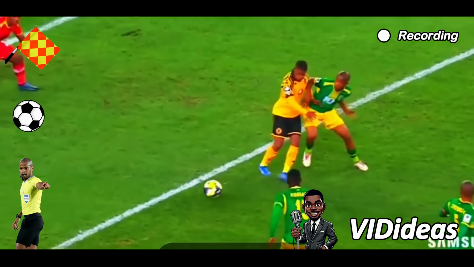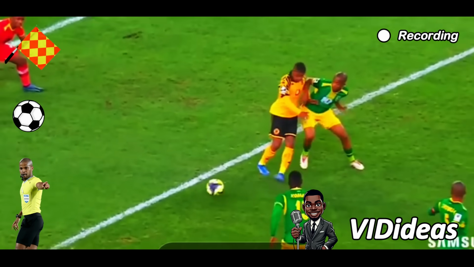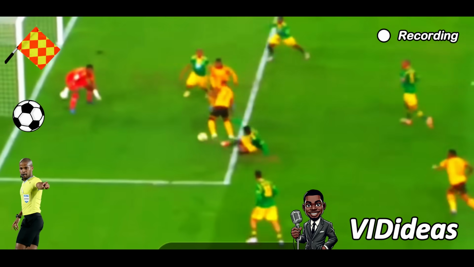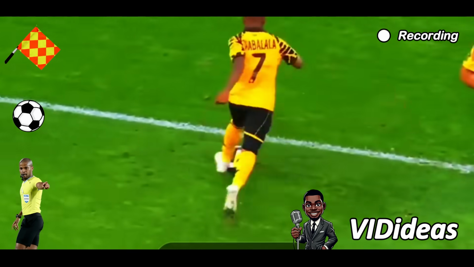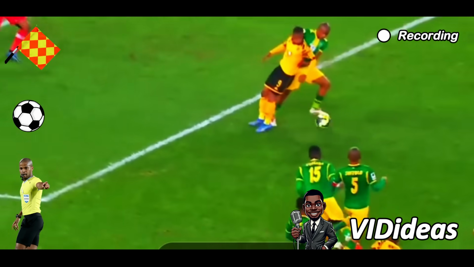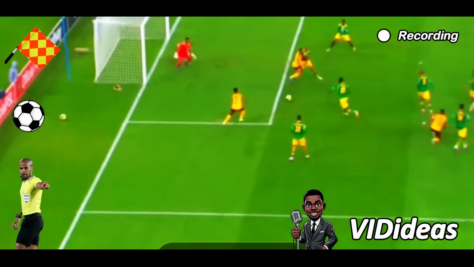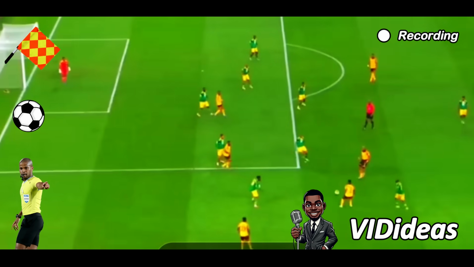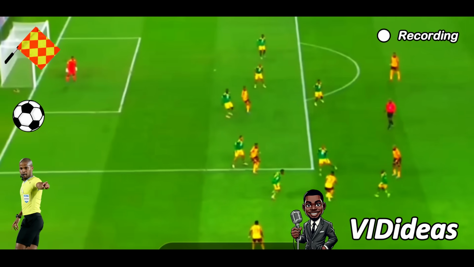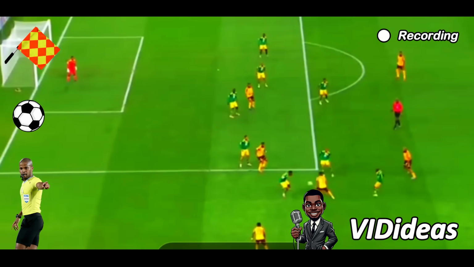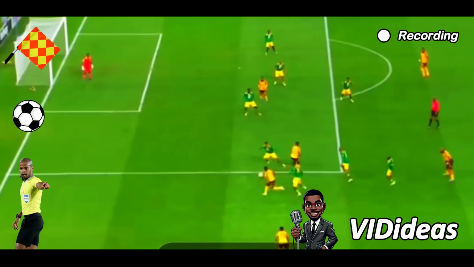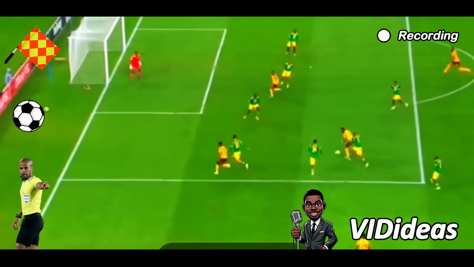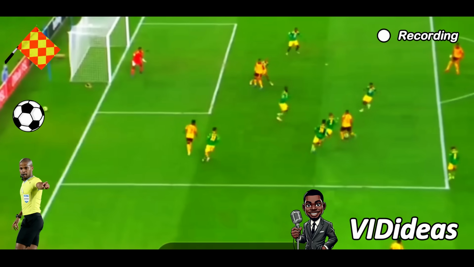So we'll interpret this incident in line with Law 11, offsides in the FIFA laws, to see whether this was a correct decision or an incorrect decision, right? So we see here beautiful combination play by Kaizer Chiefs. Pule Modi and Mdu Shabalala combining there. We see Mdu Shabalala giving the ball to Pule Modi inside the box, and then Pule Modi trying to play